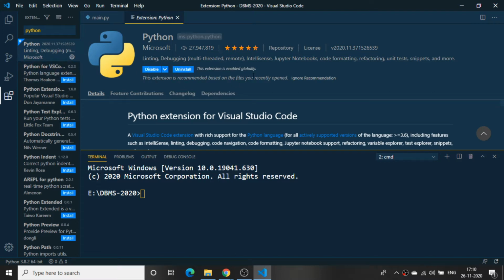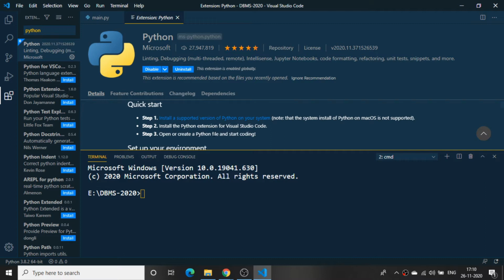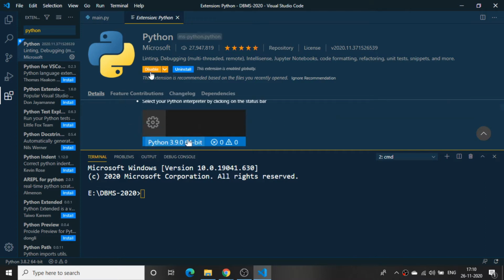If you install this one, it will give you suggestions. It will automatically take it, and when you are typing, it gives suggestions and references, all the stuff it will provide. We can just click on install. I have already installed it, so it is showing me the uninstall button. In your case it will be install. Just click on install. Automatically Python will install in this Visual Studio Code, then all the extensions will load automatically. This one thing you need to download.